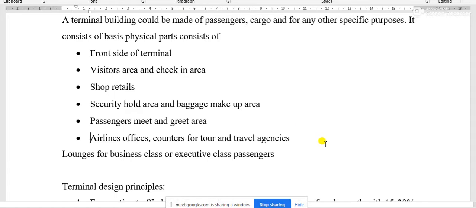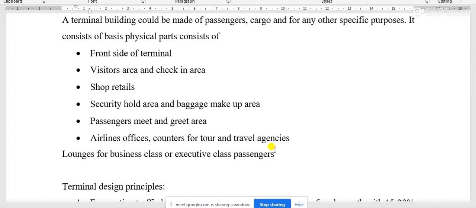The next part is, nowadays in any airport you may visit, airlines offices and counters for tour and travel agencies are there, because they may accelerate their business in that place, where the airport is actually the junction of traveling to the air side or through aircraft.